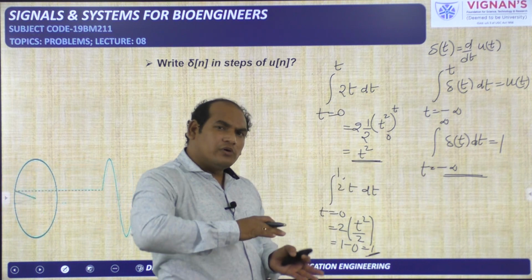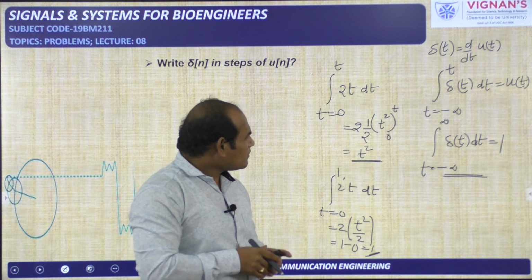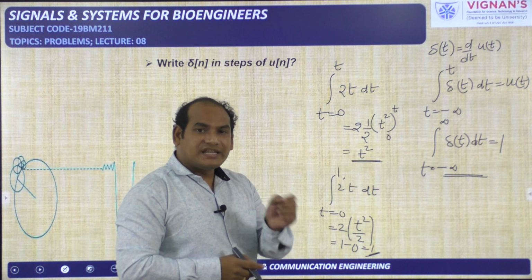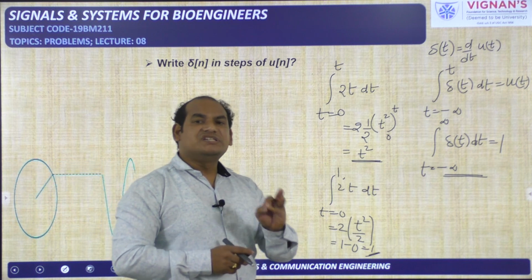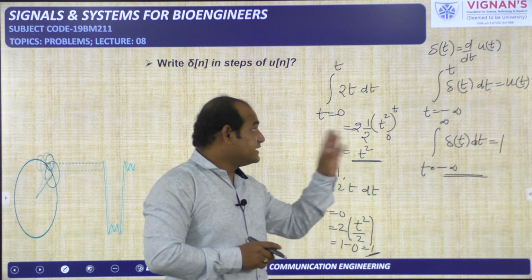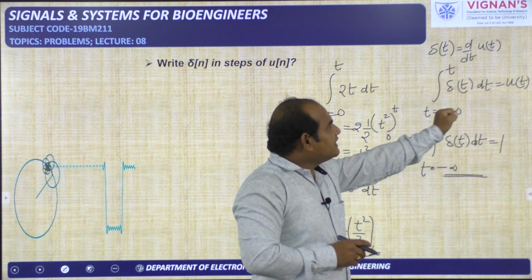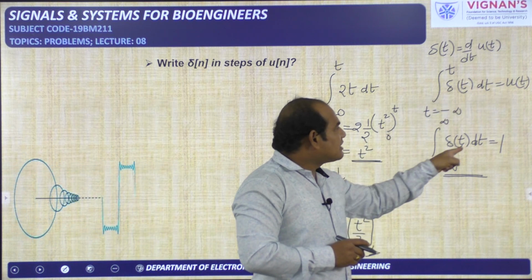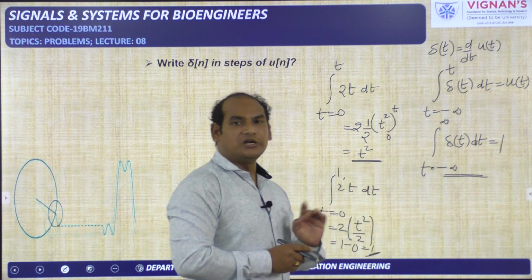To get more knowledge in signals and systems, you need to know what is variable, what is constant. That is the first thing. While doing the integration, you need to identify which is variable, which is constant. Next, these integrations. You see here, integral del of t dt, here I have written u of t. Integral del of t dt, here I have written 1. What are the reasons for that? That you need to know.